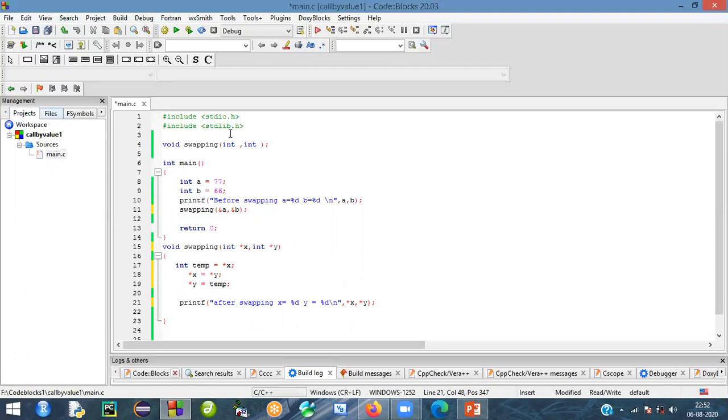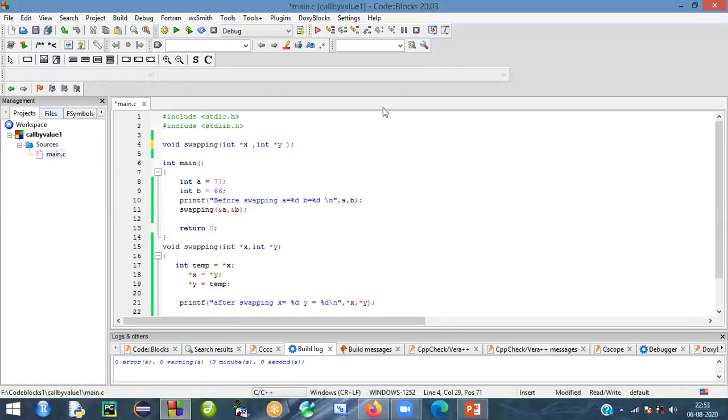That's it. Again, here also you have to create pointers. So here you can see, you can create the pointer like this, star x or star y. Otherwise you can remove this one. So you just create a pointer, so that the data we are taking from the actual arguments or actual parameters, that is the address of a and b, we are taking the address values in the form of pointers. Okay, the pointer is pointing to the address. So just create a pointer here. That's it. So now we will go into